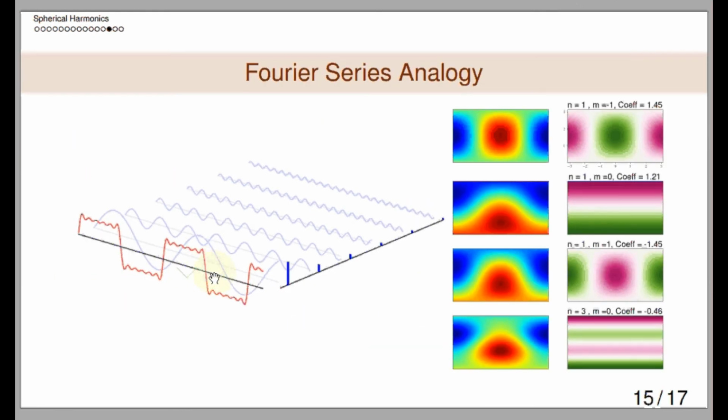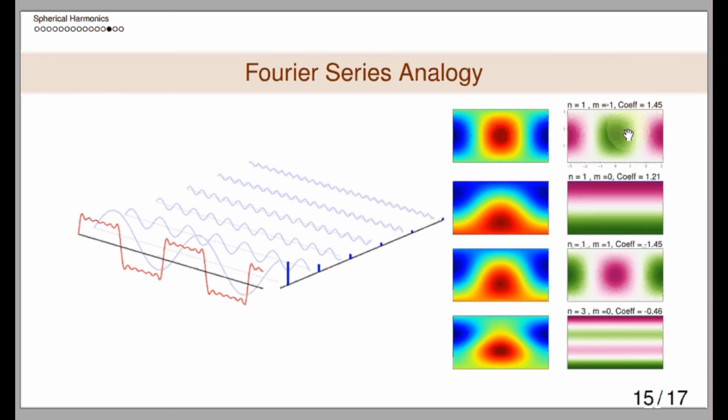And for an analogy, the Fourier series analogy, you can see on the left there is an almost square-like waveform being represented as a sum of sinusoids with their particular amplitudes, that is weights. Similarly, I am deriving this plot at the end here as a sum of the spherical harmonics. First let us take the spherical harmonic function of degree 1 and order -1 with some weight 1.45, okay, it is actually same as this one.